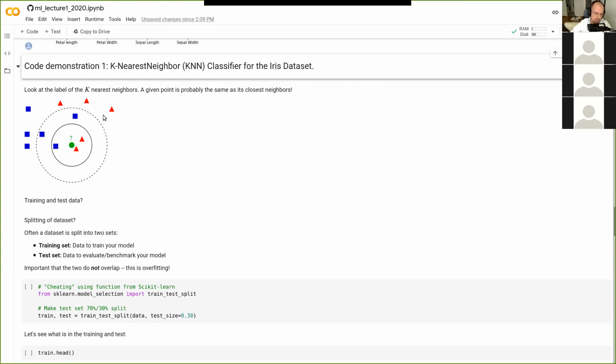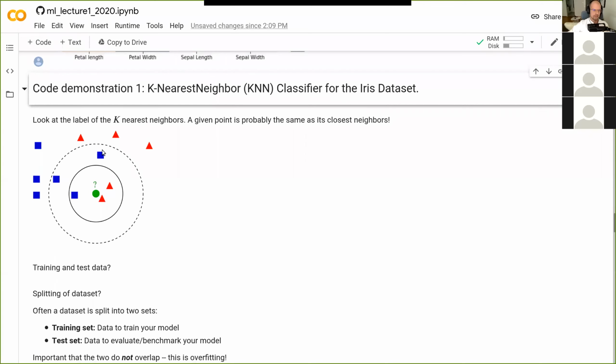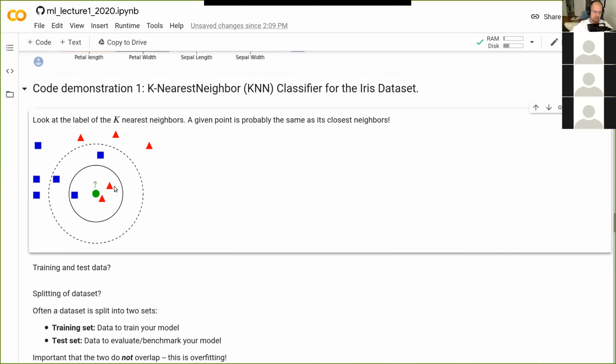Let me just zoom in a little bit more here. And the way it works is you have your data set. So imagine these points here, the red and blue, are data points that we already have. And then somebody gives you the green point here and asks, well, how should I classify this? What type of data is this? Is this a red triangle or should this be a blue square? And what the k nearest neighbor does is look at the k nearest neighbors. So for example, for k equals 3, usually you only use odd numbers to avoid ties between classifications.